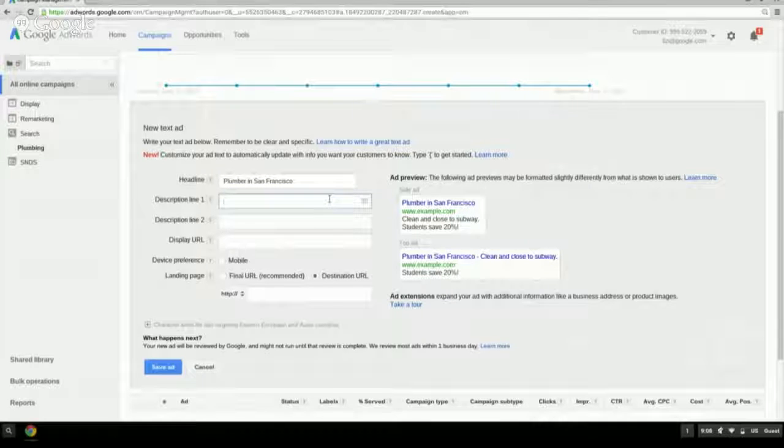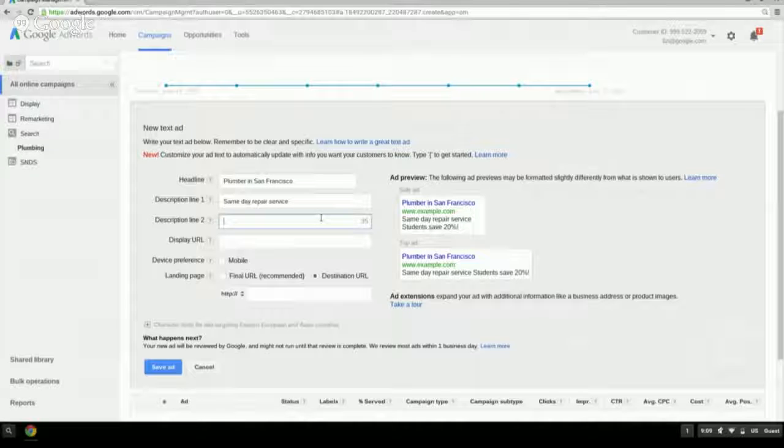Then, description line number 1. One thing that's important to note here is that even though you have 35 characters available to use, it's important to keep it as short as possible to make sure that it's easier to read on the small screens. Like Eric mentioned, if they're 5-inch screens or 7-inch screens, regardless, we want to make sure that it's nice and succinct. So in description line number 1, this is the line that should detail the information on the product or service that you offer. So for someone that's a plumbing service, maybe we might want to do same day repair service. That's pretty short and to the point.